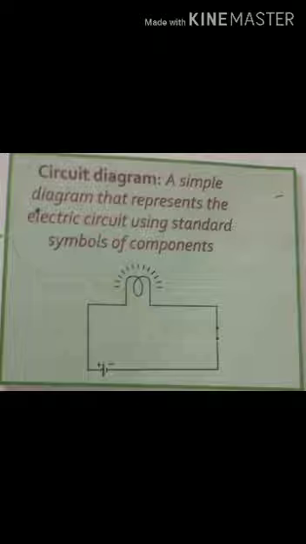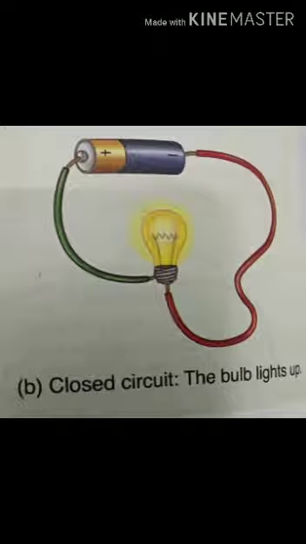We will discuss the circuit diagram. What do you mean by a circuit diagram? A simple diagram that represents an electric circuit using standard symbols of components is called a circuit diagram. A circuit diagram should have the following components. First, a source, that is, one or more electric cells. Second, the path, or we can also say the wires of the circuit, which should not have any discontinuity except the discontinuity made by the switch. Third is a bulb showing the output. An open and a closed circuit are shown in the figure.